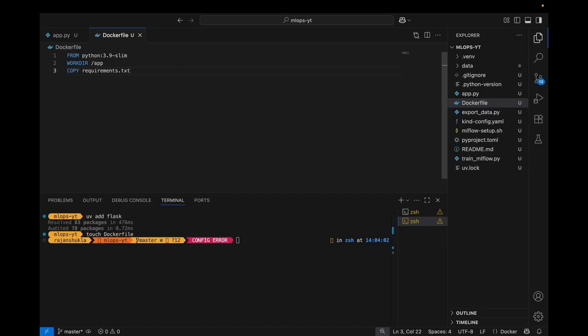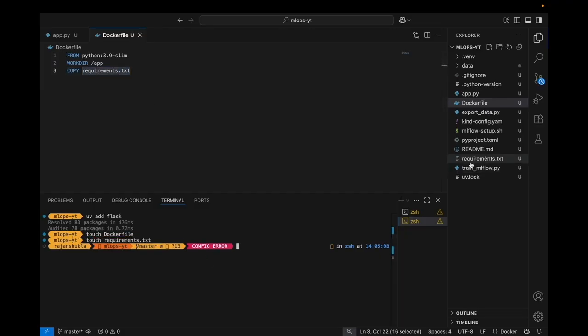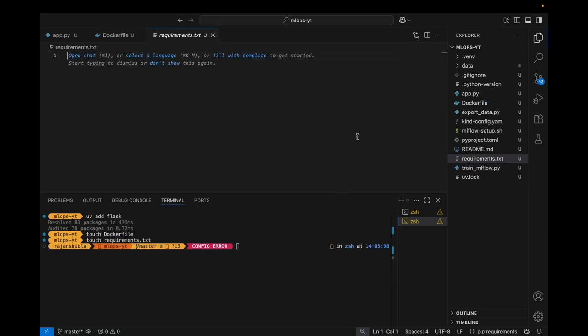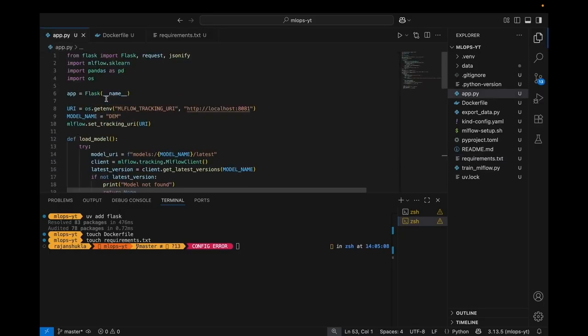Okay, we'll also create a requirements.txt first. It requires MLflow, pandas, and Flask. What else were we using? MLflow, Flask,